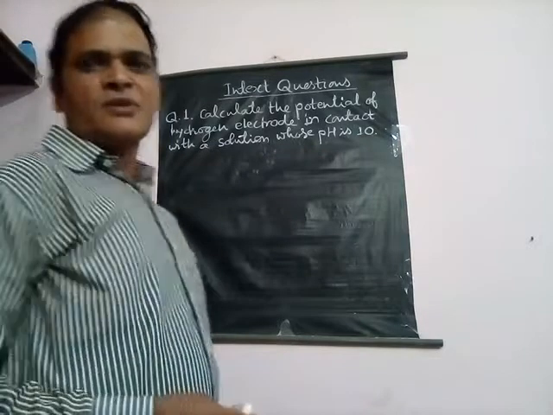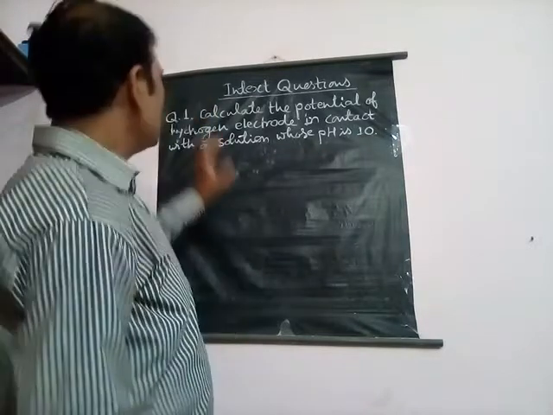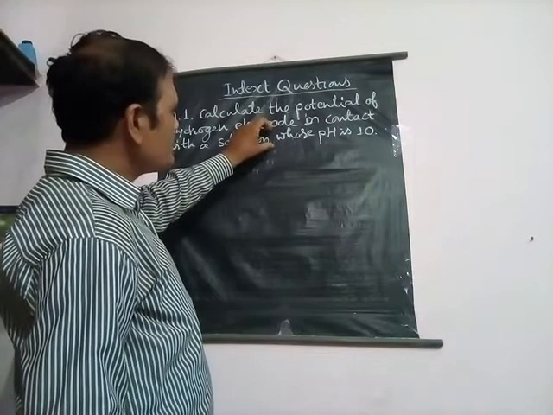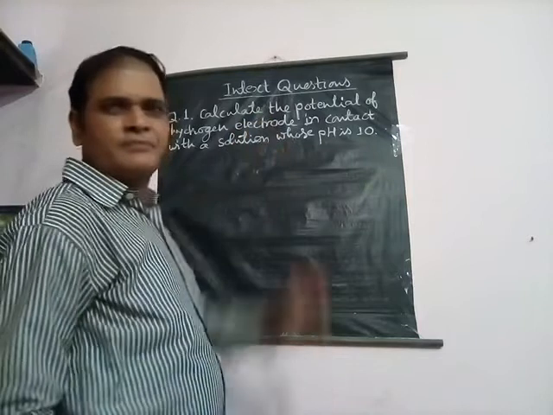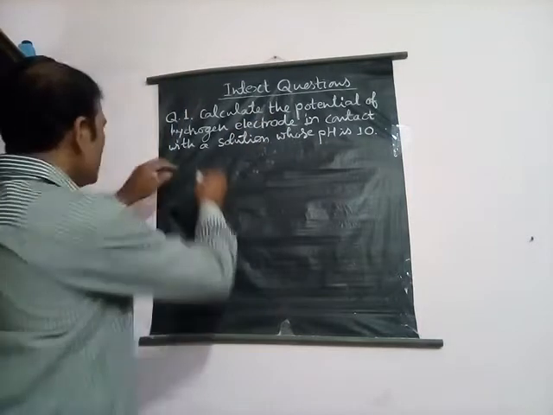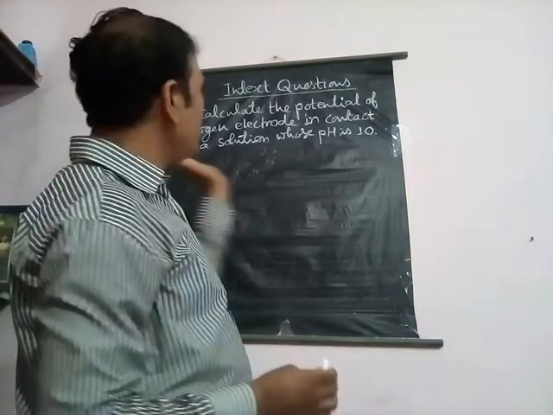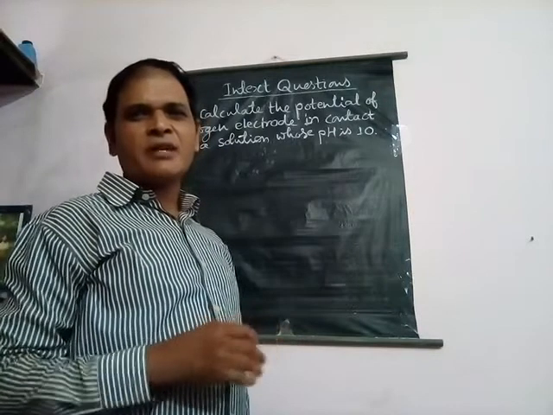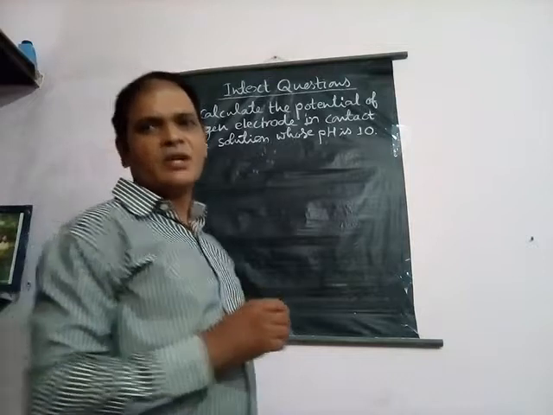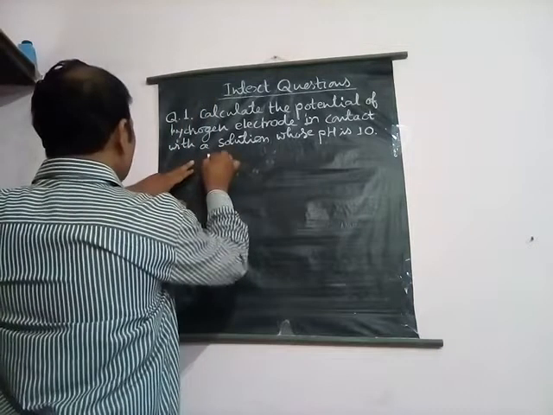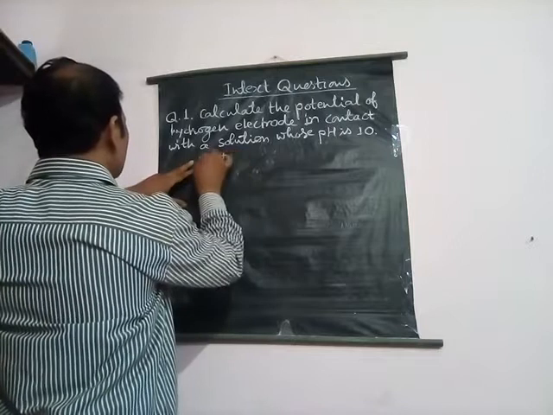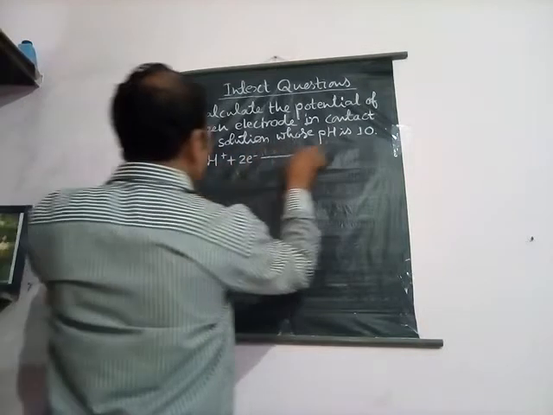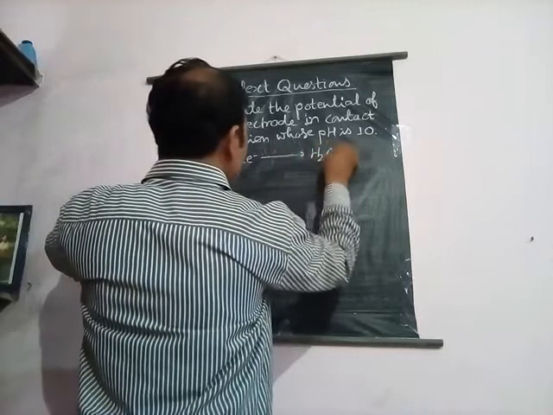First of all, we will see that our hydrogen electrode in this particular case will behave just like the cathode. In case of any electrode potential, we generally take the reduction potential. That's why we will take here the reduction of the standard hydrogen electrode, in which the two H positive ions accept two electrons and provide us H2 gas.